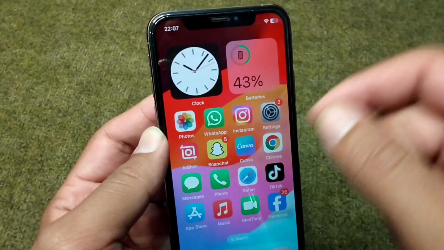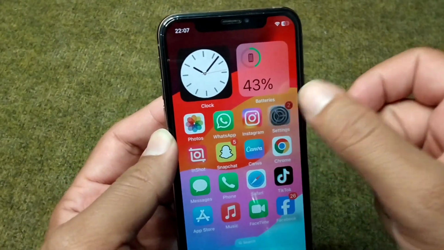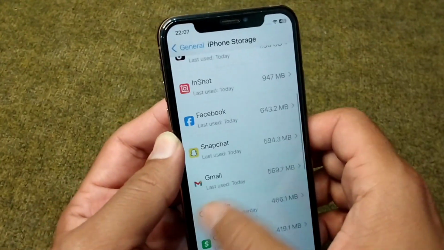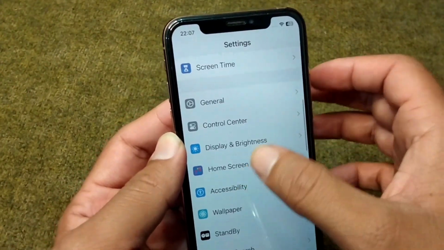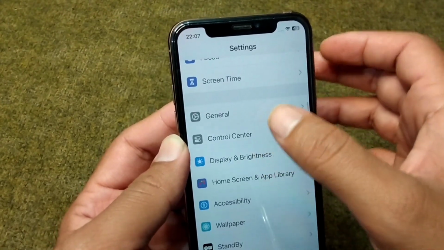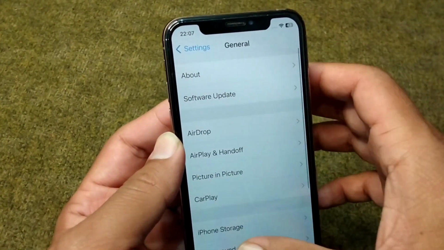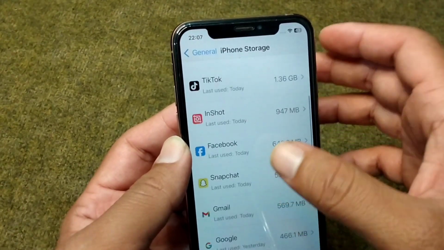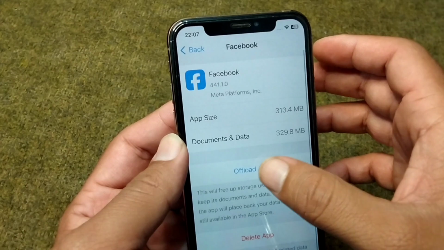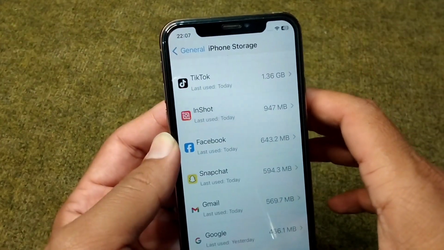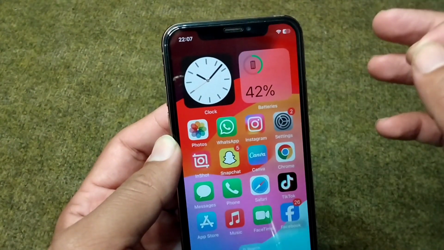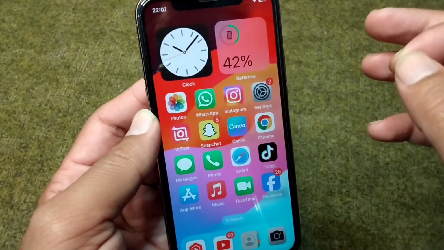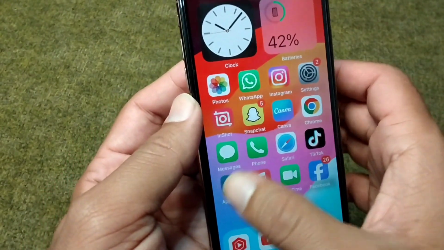If you are still facing this problem, open Settings on your device. From here, open the General section and tap on iPhone Storage. Scroll below and tap on Facebook. Offload your Facebook one time and after this you have to download the latest version of Facebook on your device. So open your App Store